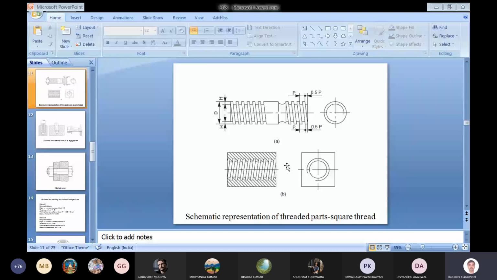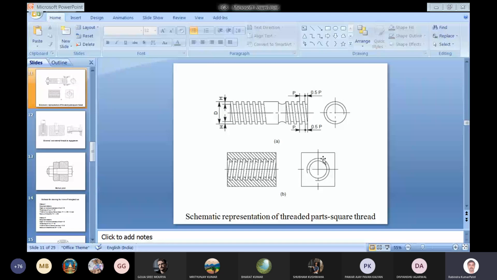If we view from this side, we will not be able to see the root diameter. So corresponding to the root diameter, we will show the circle as broken, not a complete circle. It is representing that it is not completely visible. Although we could represent it as a dashed line, in the thread representation it is not shown as a dashed line, but it is shown broken.